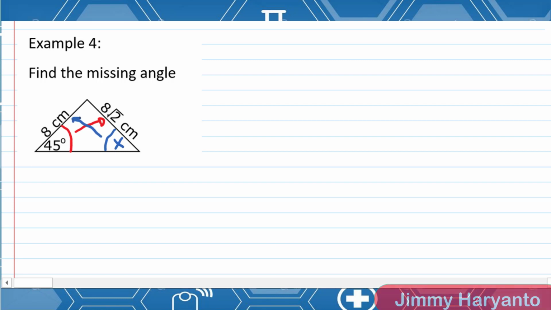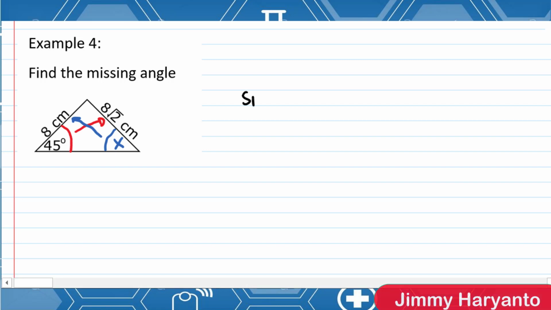I have two angles, right? Although the second one is unknown, it is counted as two angles. Like I said before, if you have two angles, you can use the sine rule. Don't use the cos rule.